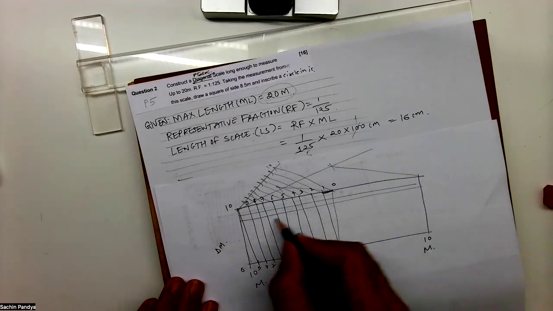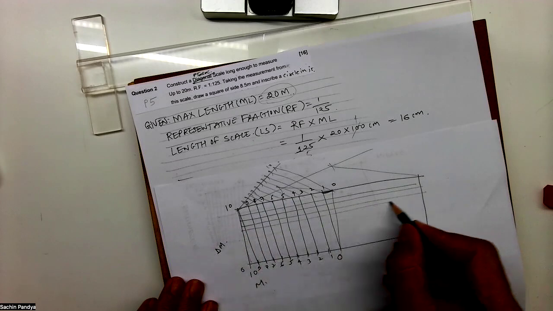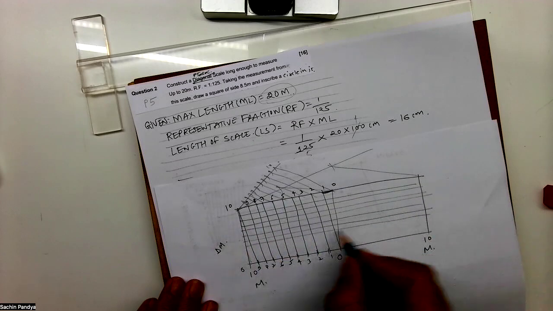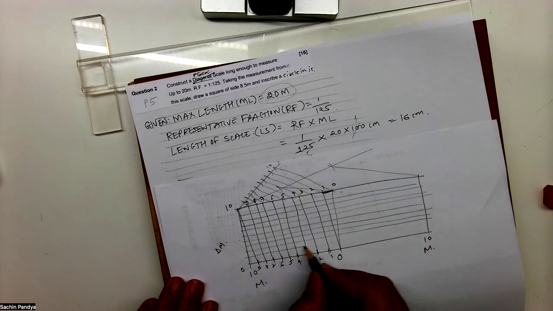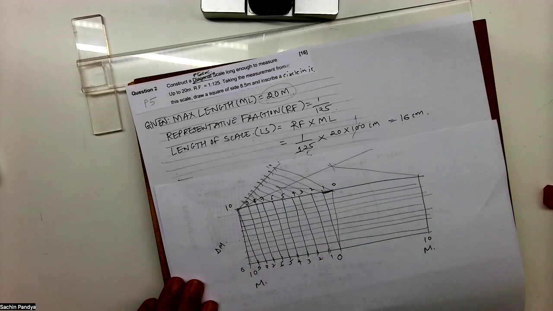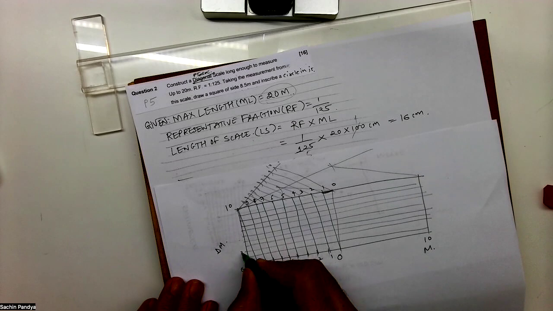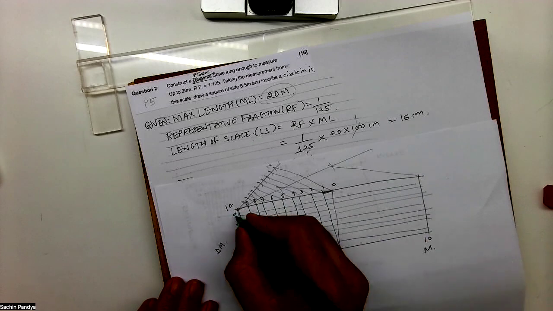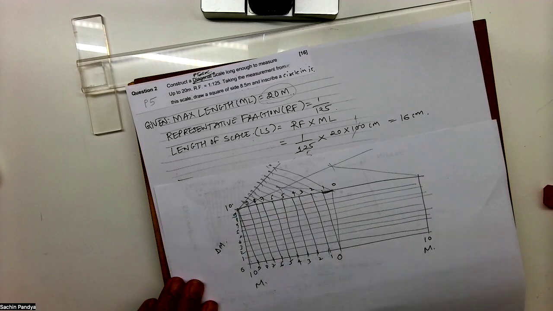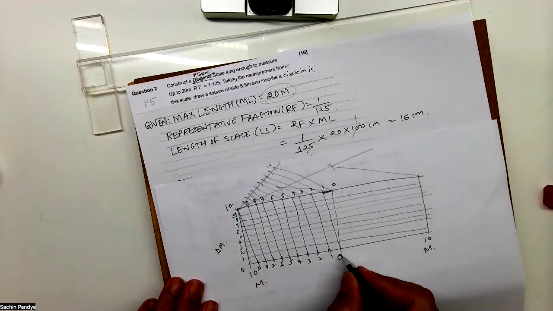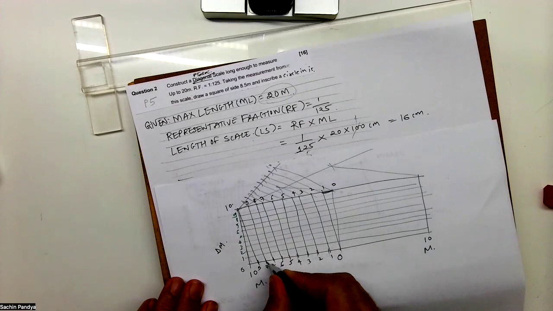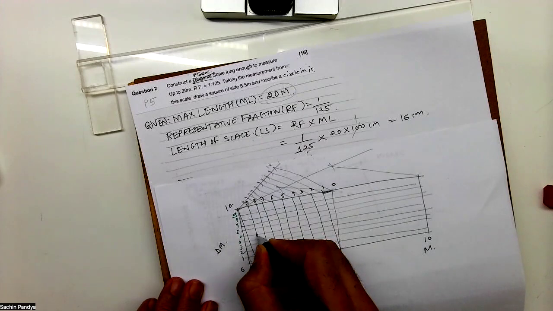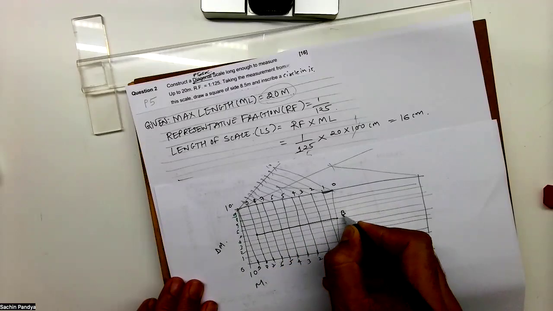1, 2, 3, 4, 5, 6, 7, 8, and 10. Got it? You can write 1, 2, 3, 4, 5, 6, 7, 8, 9, 10. Now we need to mark. What do we need to mark? 8.5. So here 8, and then 1, 2, 3, 4, 5. So this is how you should draw